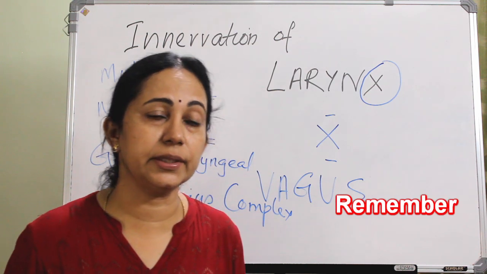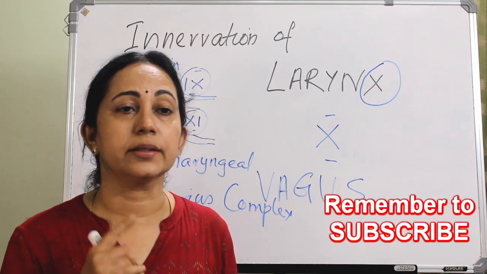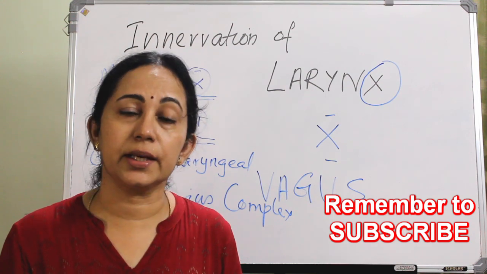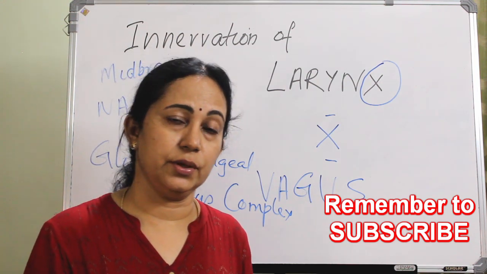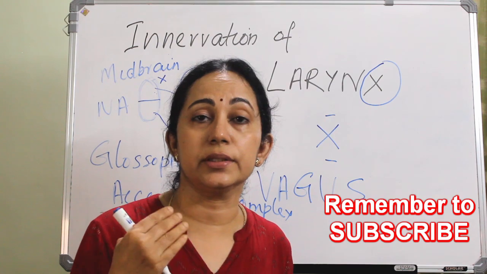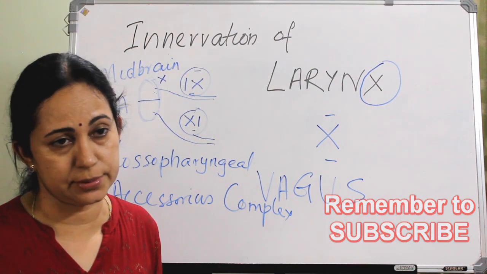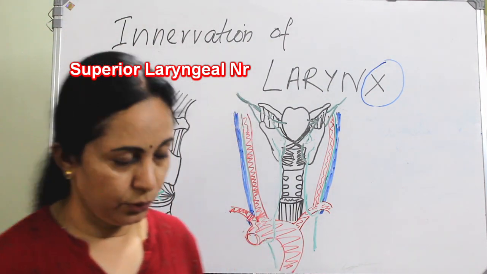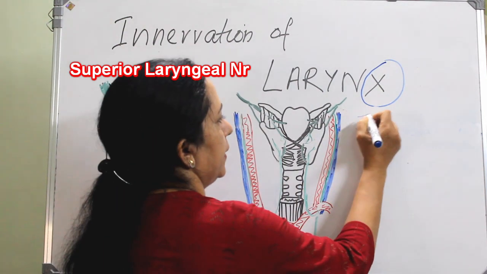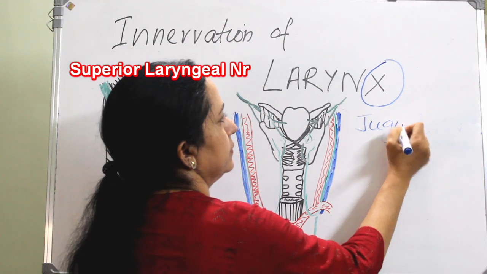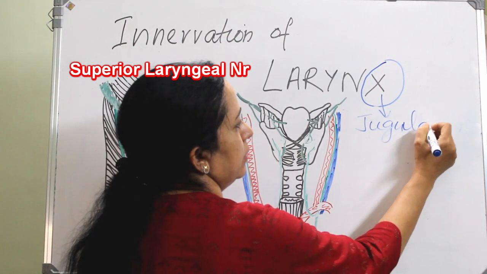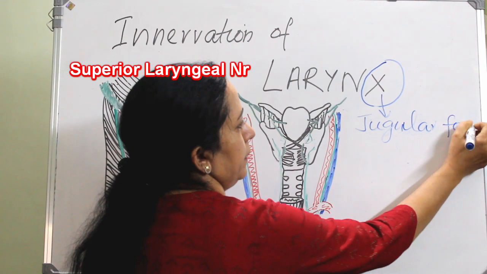Okay, a vagus nerve in the neck gives three branches. They are the superior laryngeal nerve, the recurrent laryngeal nerve and the pharyngeal nerve. So we will see what are the supply or the course of each of these. This vagus nerve exits the skull through jugular foramen. Okay, jugular foramen. Vagus nerve exits the skull through jugular foramen,